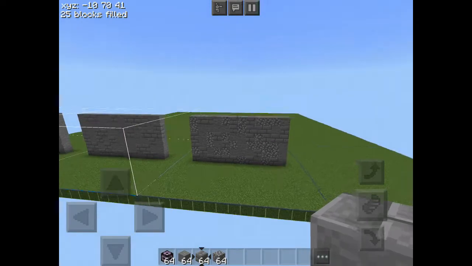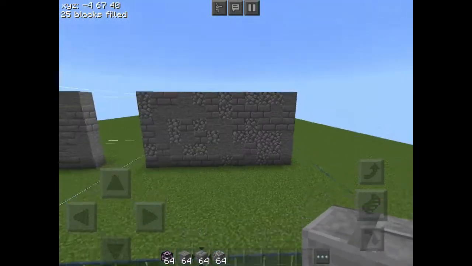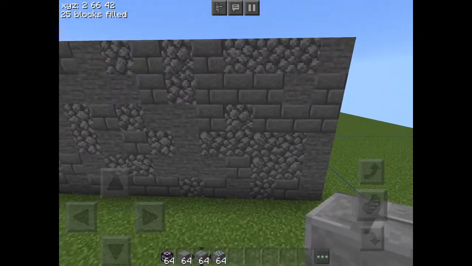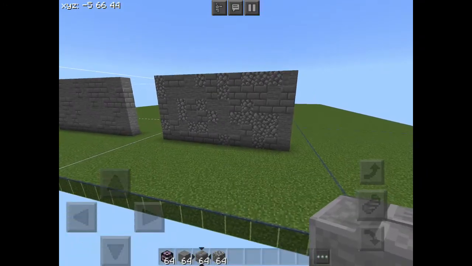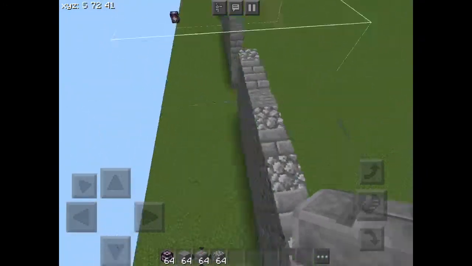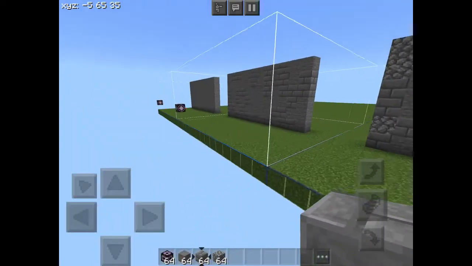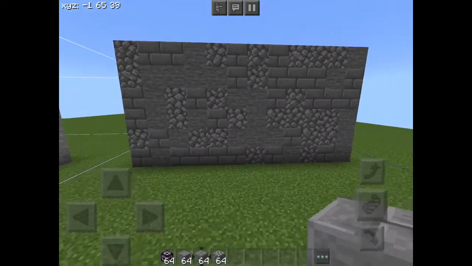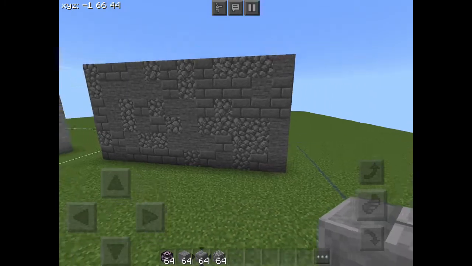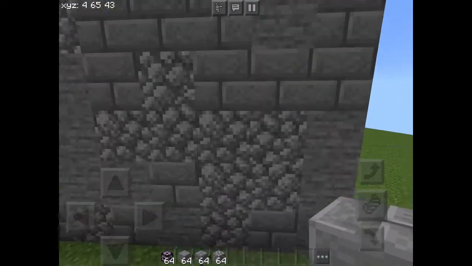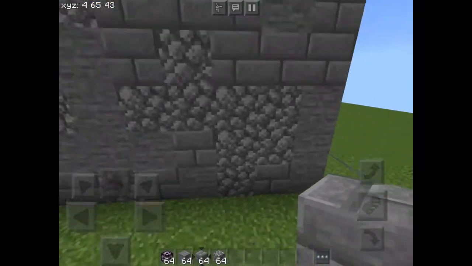There we go. We filled in the air blocks with cobblestone, and it looks really, really good. It looks absolutely amazing. Now, obviously, the structure block method cannot account for human intent. So if you wanted to make any changes, for example, I might go, oh, this cobblestone block is a bit